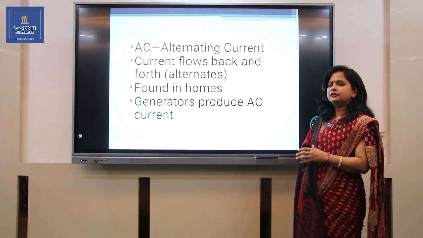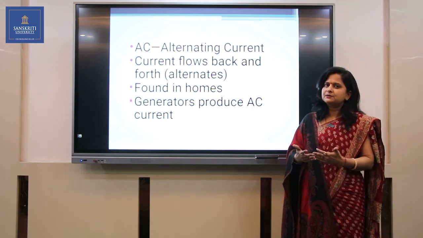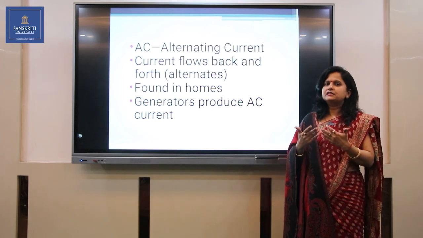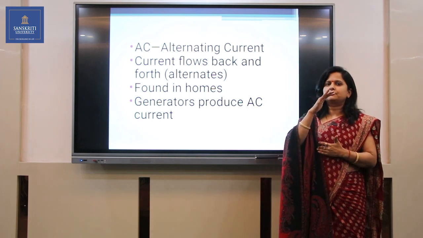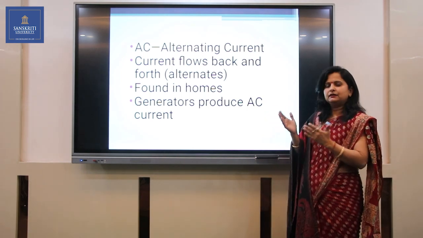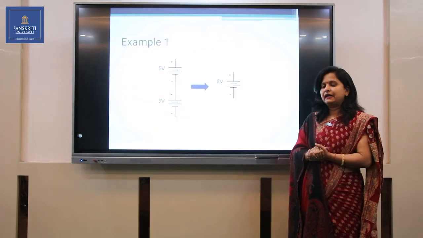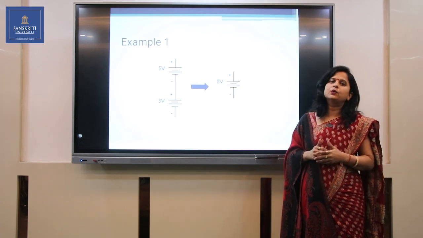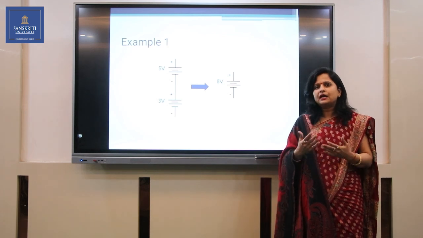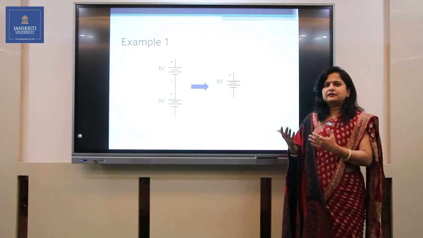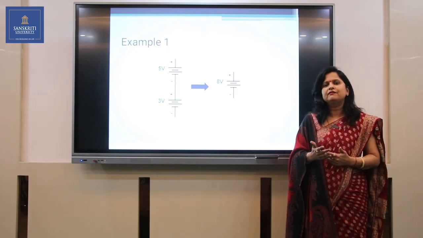On the other hand, in alternating current, alternating means it keeps changing. So the magnitude will be changing as the phase will be changing. The phase will be strictly going either from positive to negative or from negative to positive. It will go on. So in AC, the magnitude and phase both are changing in nature. So we can see that the electricity that we are receiving at our home is AC, which is single phase AC. So all the appliances we are using at our home, whether it is a tube light or fan or any other appliances, they all work on single phase AC.